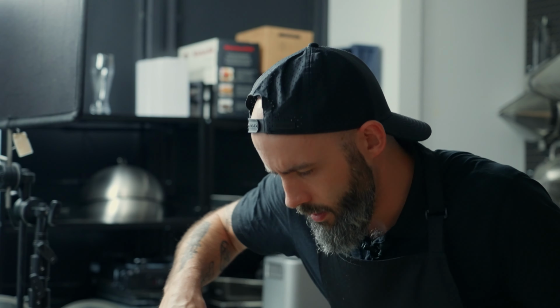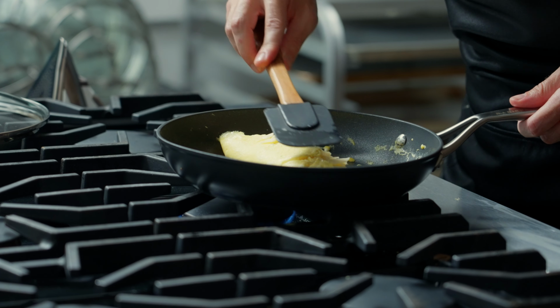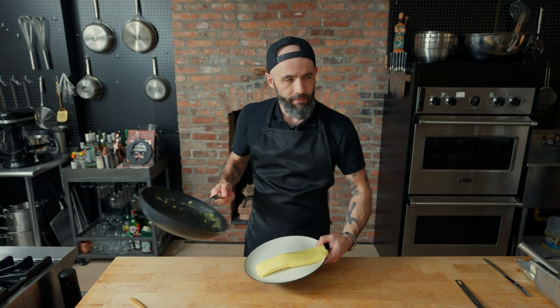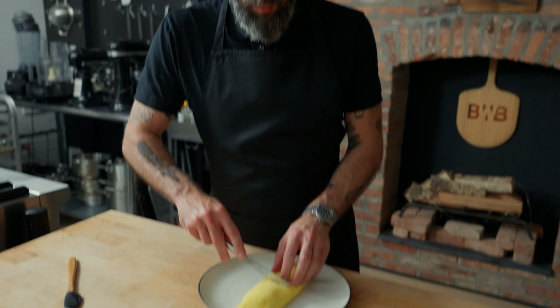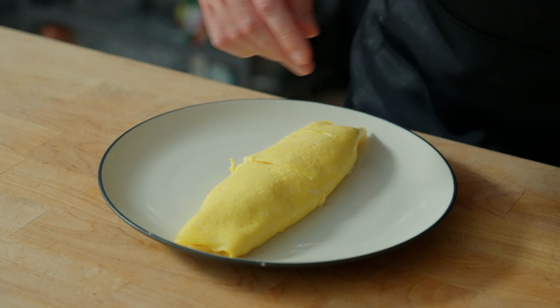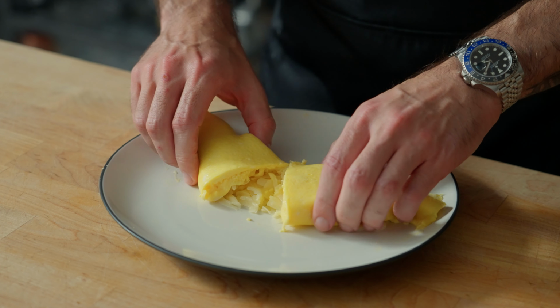Ow! Oh, but it's so hard to fold with all that cheese in there. And invert. Ow, my finger. And there you have it. That's a not unhandsome looking omelet. But when we hop inside, we're in for a rather unpleasant surprise. Oh